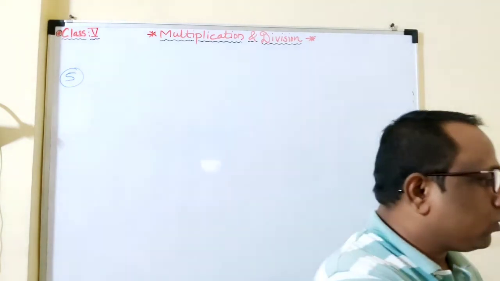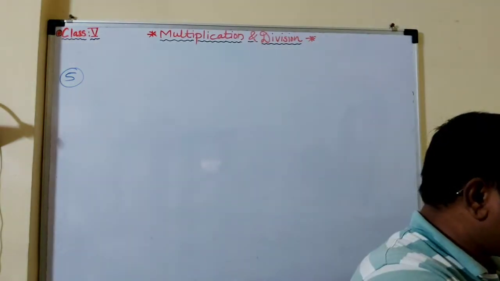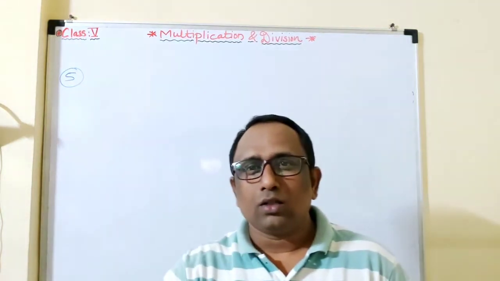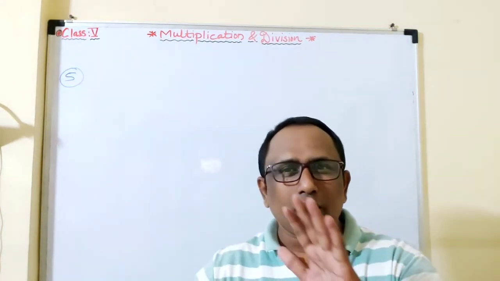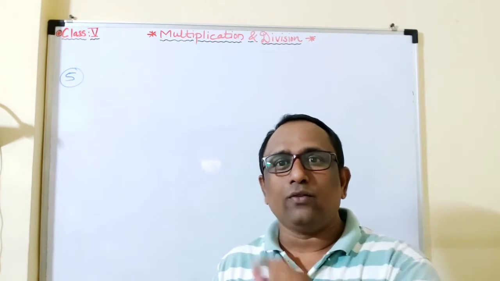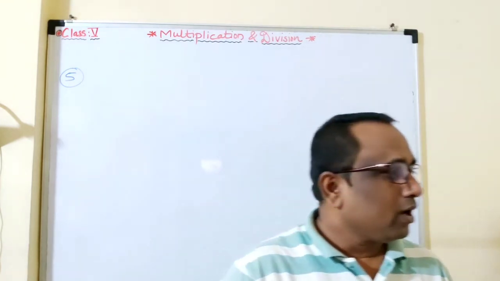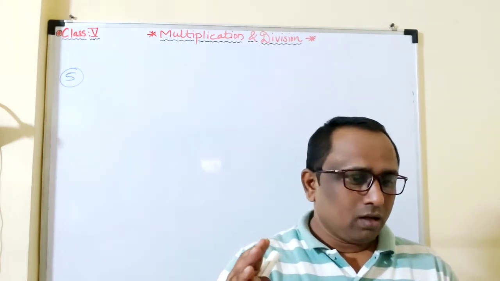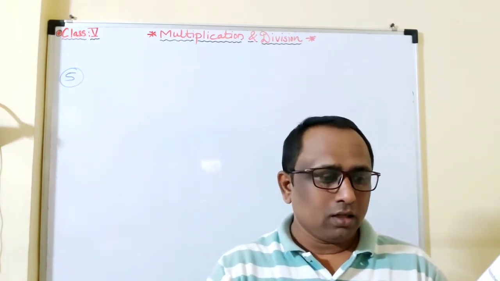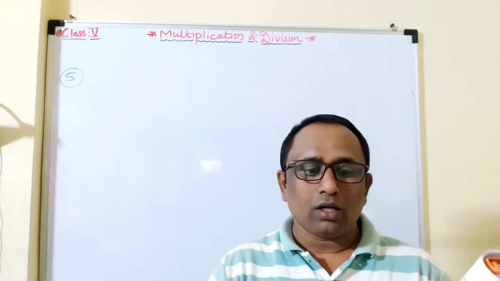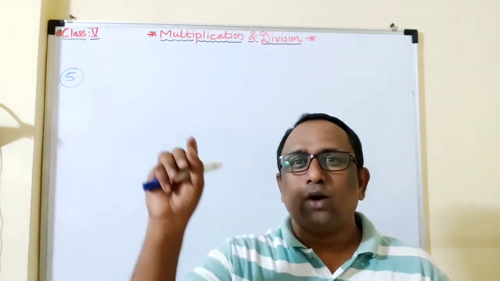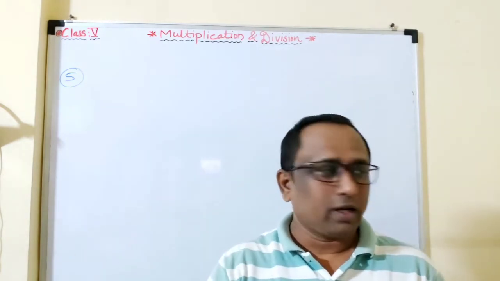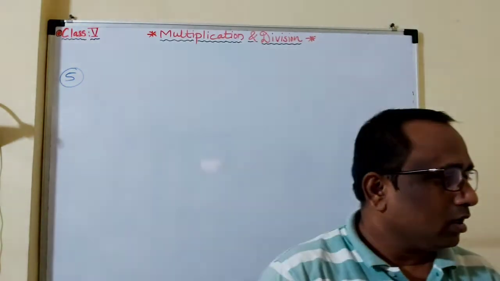Now students, what you have to do when solving a word problem is write first whatever the mentioned things, that means the given things. Here see what is mentioned: 5,000 rupees, that is the granted amount. You have to write 5,000 rupees granted amount. Then the number of students.